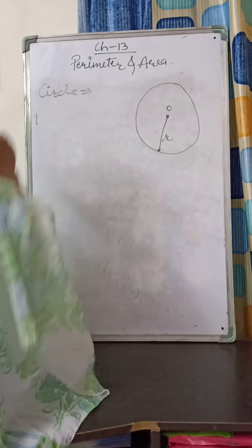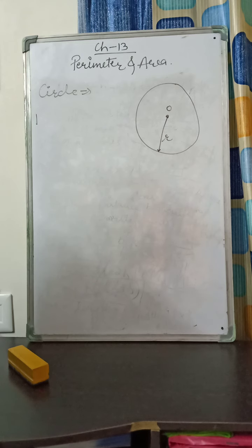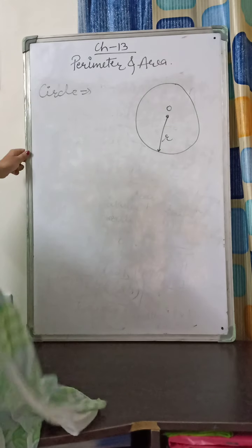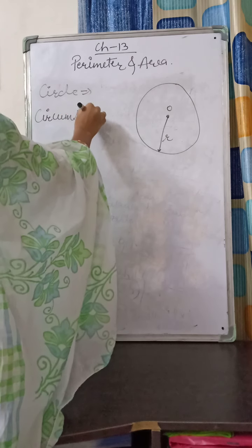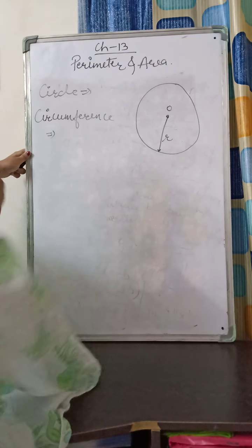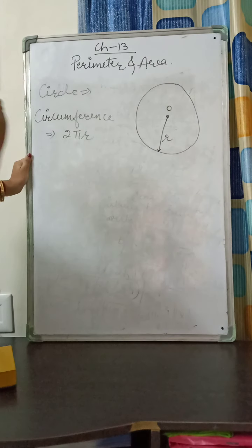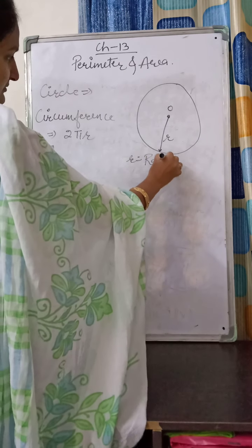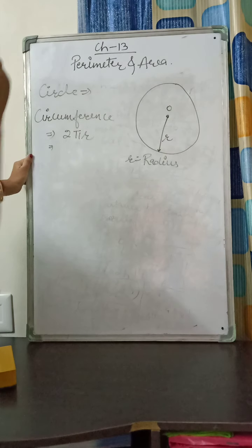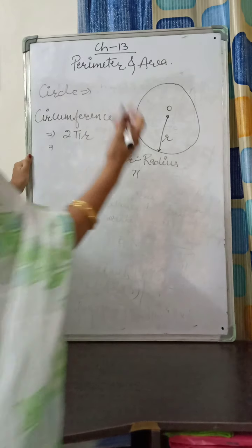So student, perimeter is the length of the boundary, but in a circle we use the term circumference in place of perimeter. So we will use circumference, not perimeter. So the circumference of the circle will be 2 pi r. Here we know that r is the radius. Fine. And what is pi? Pi is a constant value and the value of pi will be